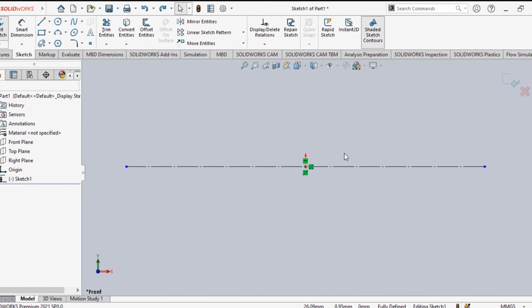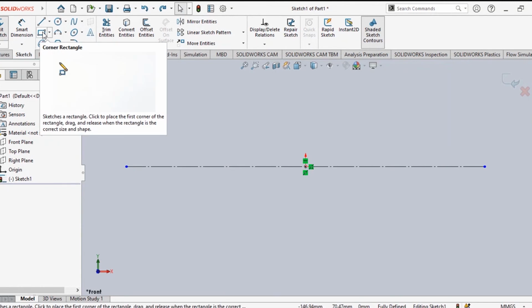Now excluding this line, we have some other options also. We'll see one by one. Then finally we'll show the features pattern. In this line command or other things, you will not get that much interest, but you have to learn everything, right? So you should know all these things. Now after this line, you have to start with the rectangle command.